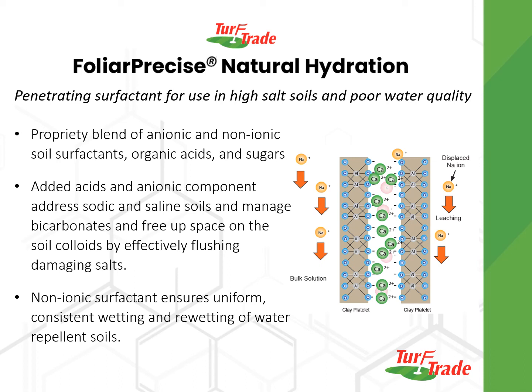But by adding the acid component, now we can also manage bicarbonates. We can also manage not only saline soils, but soils that are high in sodium as well, making the flushing process that much better. So by combining anionic surfactants, non-ionic surfactants, organic acids, and some sugars, now you really get a penetrating surfactant that is designed just for moving salts past the root zone and remediating poor water quality that